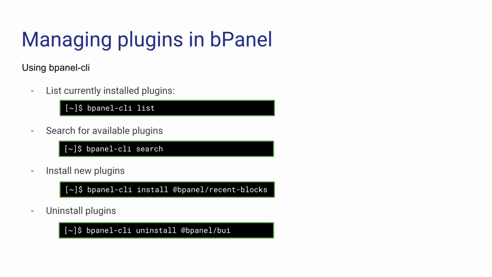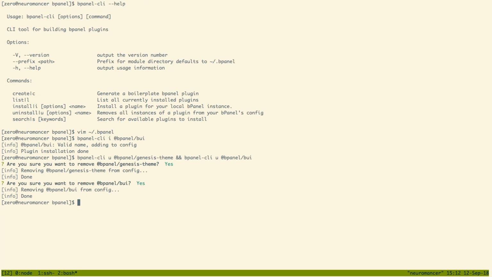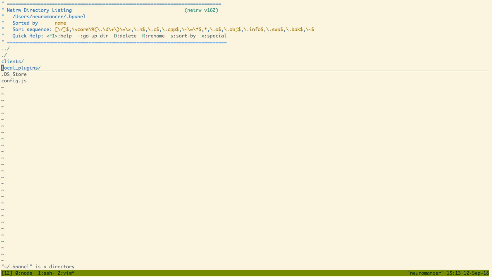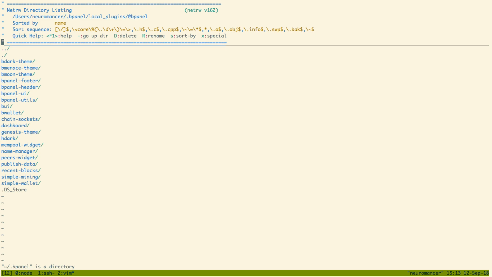So there's this directory called local plugins, and if you put plugins in here, these become available as local plugins, which you don't have to install from npm, and will load up. These are all the things that we are currently working on, and this is good if you want to